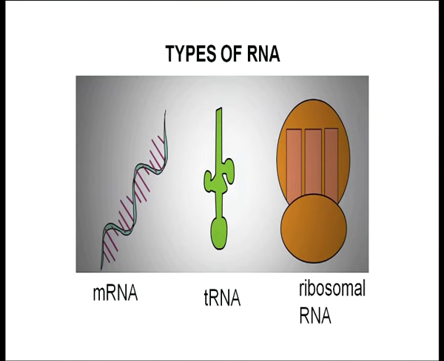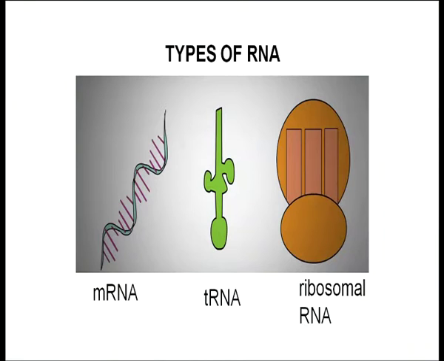Translation is being done by the RNAs. The first RNA we have already covered, that is the messenger RNA, and how it is formed using DNA as the template. Then the transfer RNA and the ribosomal RNA are in the cytoplasm. Messenger RNA after being transcribed has moved into the cytoplasm, but tRNA and ribosomal RNA are already present in the cytoplasm only. The transfer RNA has a clover leaf-like structure, the green colored one, as you can see.